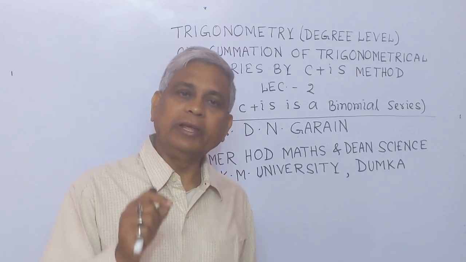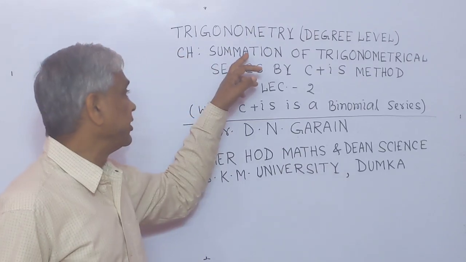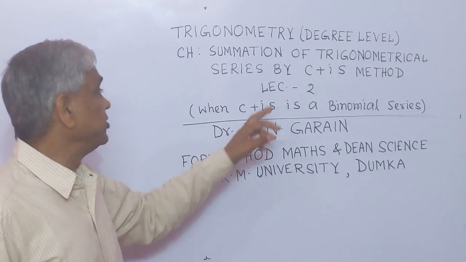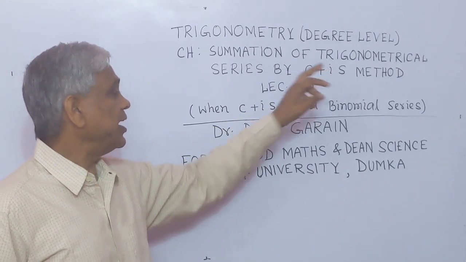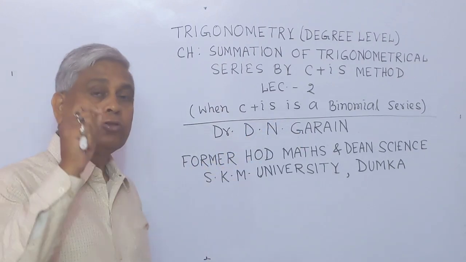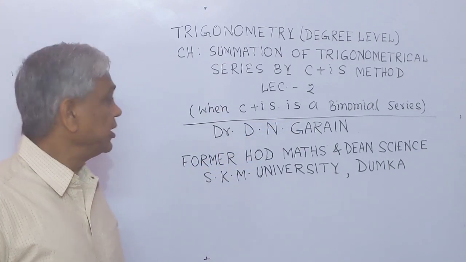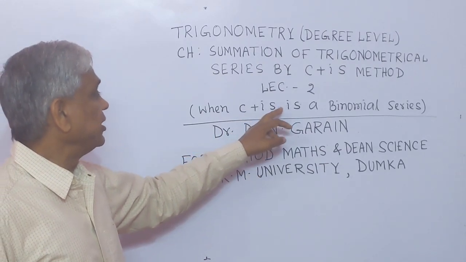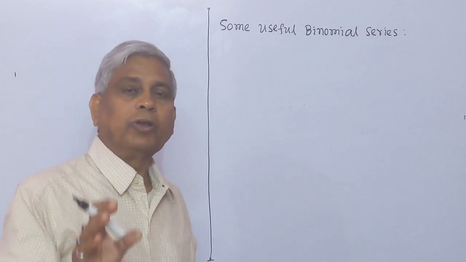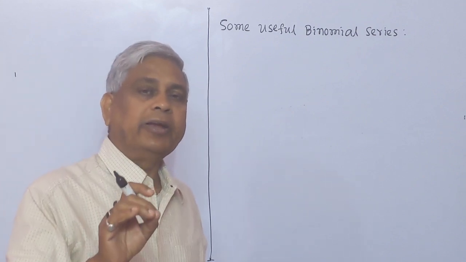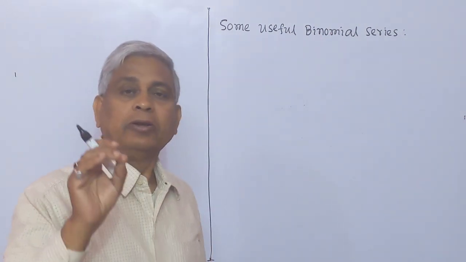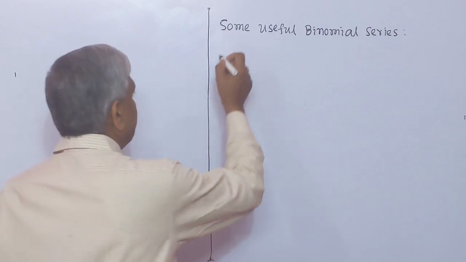Today, I will deliver a lecture on trigonometry, degree level chapter Summation of Trigonometrical Series by the C+iS method, in which I will solve all those problems in which C+iS is a binomial series. Before solving the problems, I would like to remind you of some useful binomial series which will help to solve the problems. The series are: